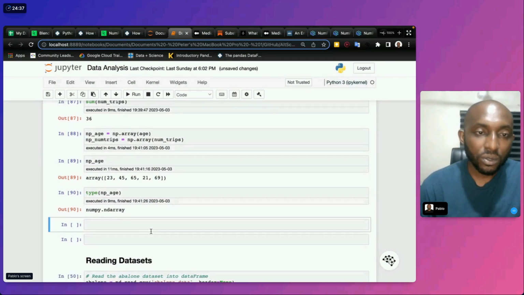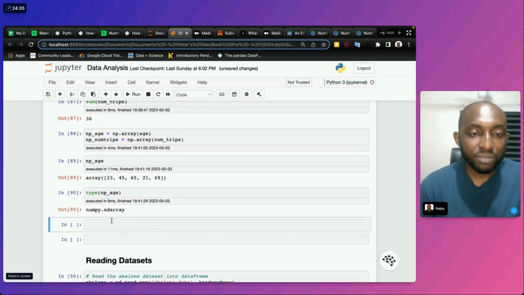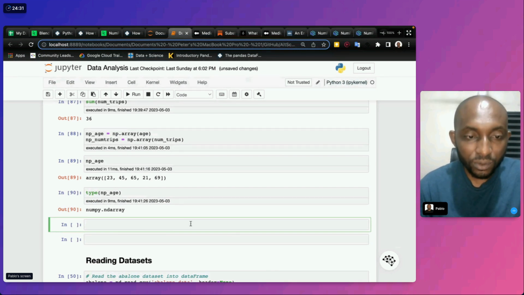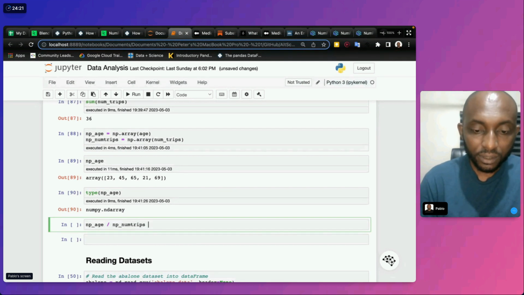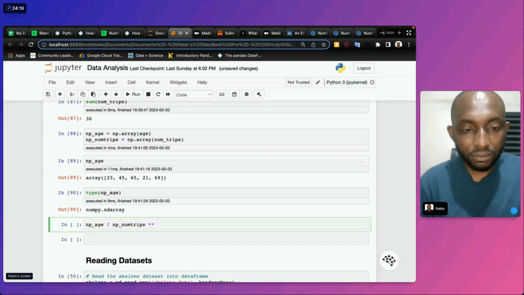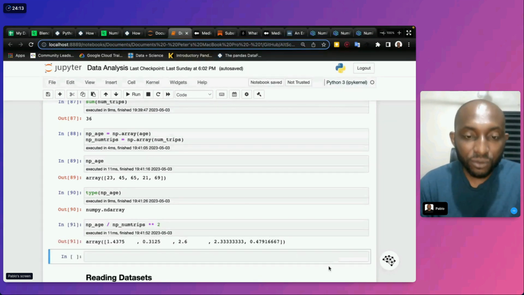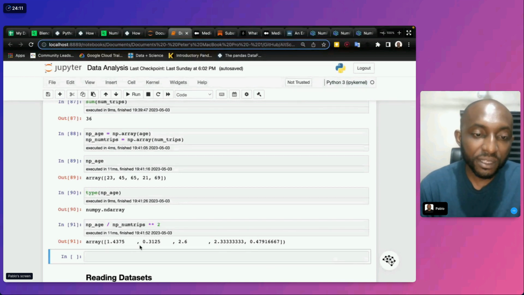And so with this, we can decide that now I want np_age divided by np_trips, right? And boom. As a matter of fact, it even opens them up and gives you everything in arrays.